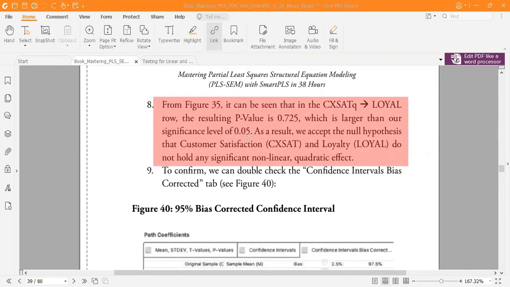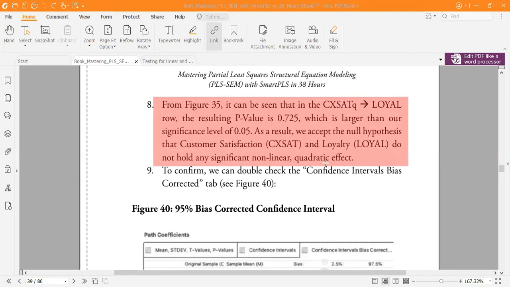It means it is also insignificant, as I received the result in my attempt on SmartPLS; the value of this one was higher than 0.05, the same value is there. As a result, we accepted the null hypothesis: customer satisfaction and loyalty do not hold any significant non-linear qualitative effect. That means there is no non-linear and qualitative effect over there.